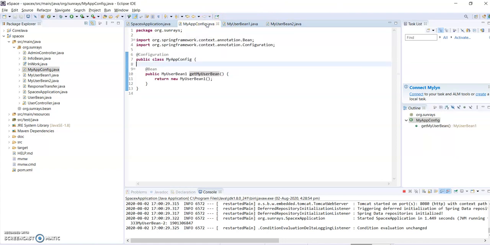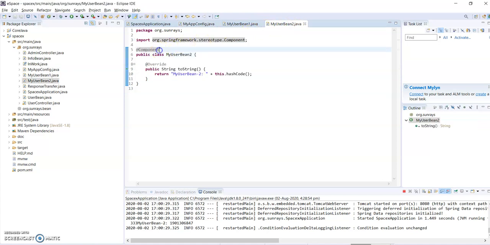Let's take one scenario. Let's say we have one jar. It is an external jar and we need to configure it in our Spring application. At that time, which annotation can we go for? We have two annotations here: one is @Bean and the other is @Component. But the classes are external. We don't have the option to edit those classes and put @Component at the class level.